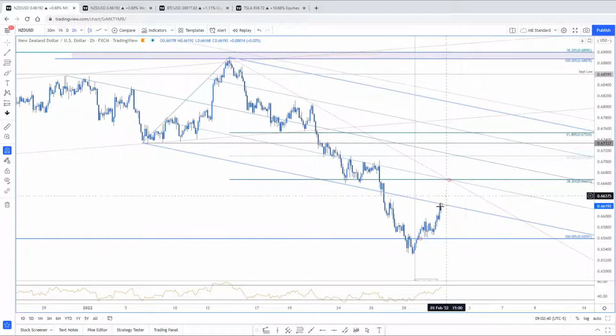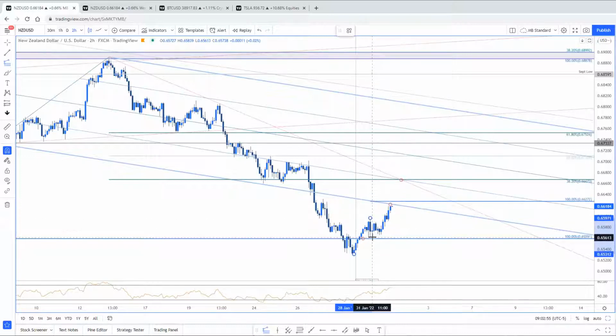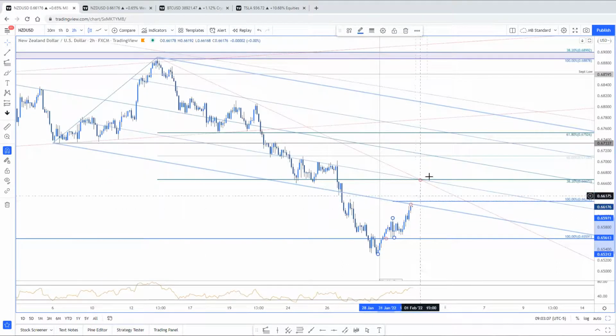But here, near-term resistance right now, right here, that's bearish invalidation. One other measured move I always like to look at, if this is just a corrective sort of recovery, the 100 is basically right here. If we do 1, 2, 3, 2 equal legs, that gives you 66.27, just a bit higher. So both of these levels, guys, heading into today, tomorrow, look for possible topside exhaustion there. Again, New Zealand employment figures later tonight.